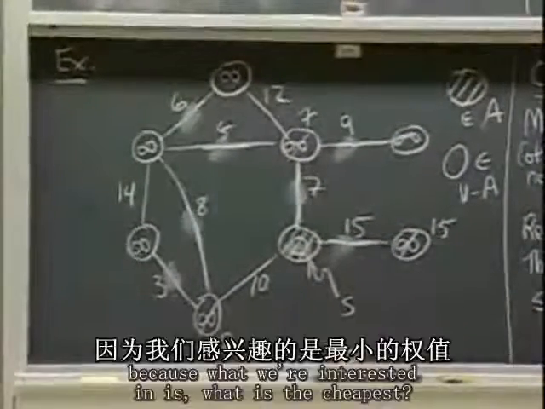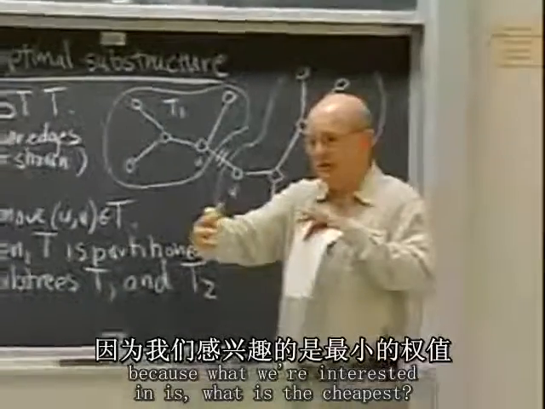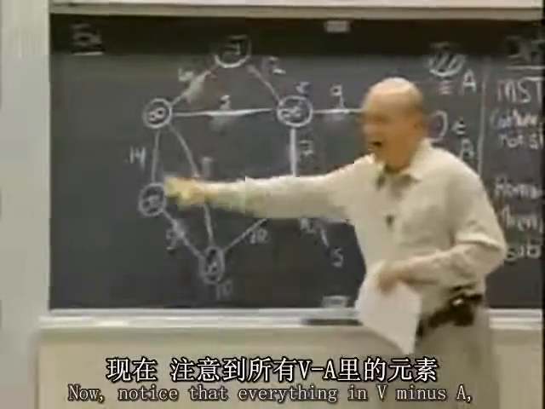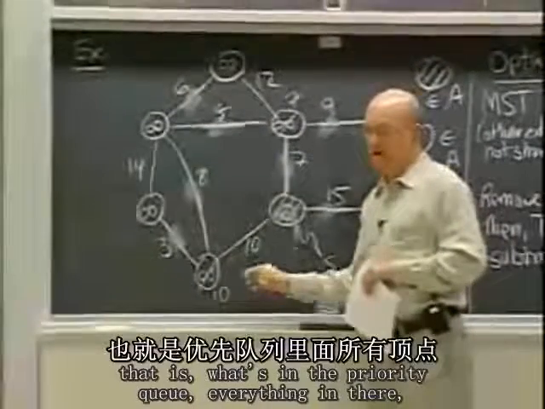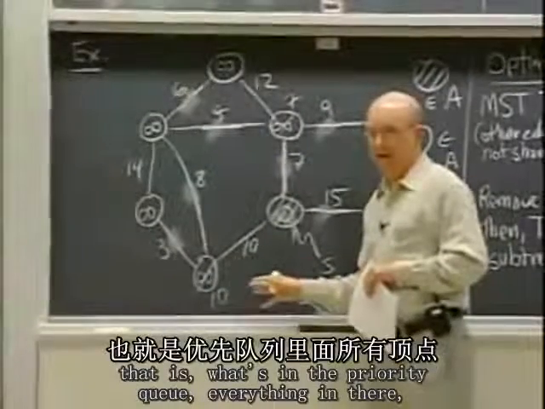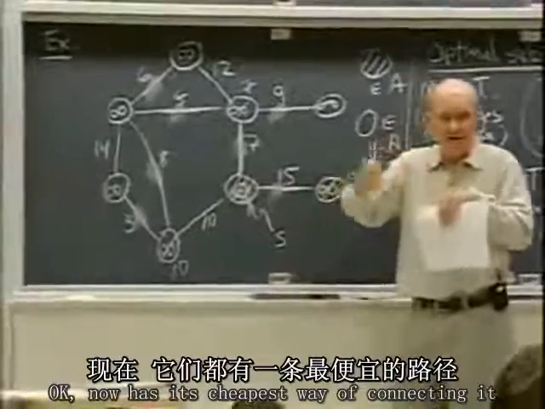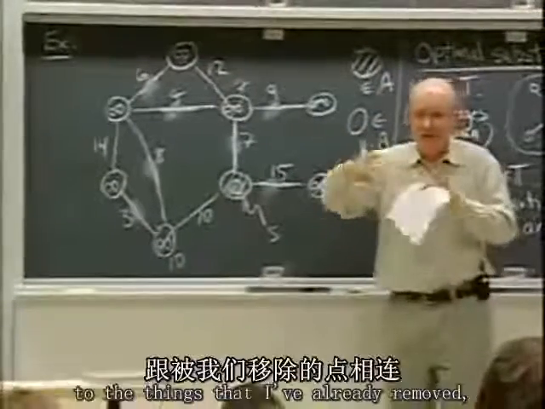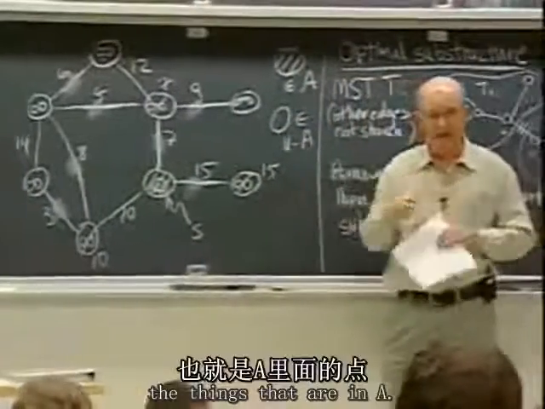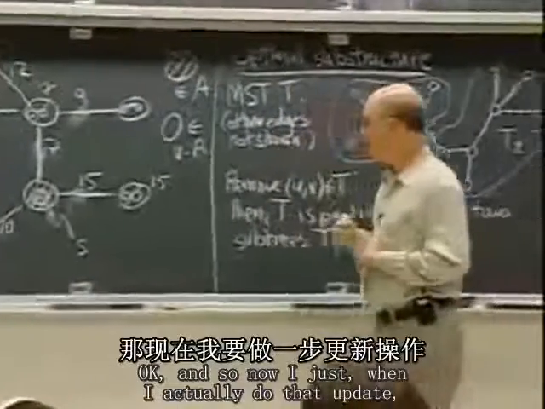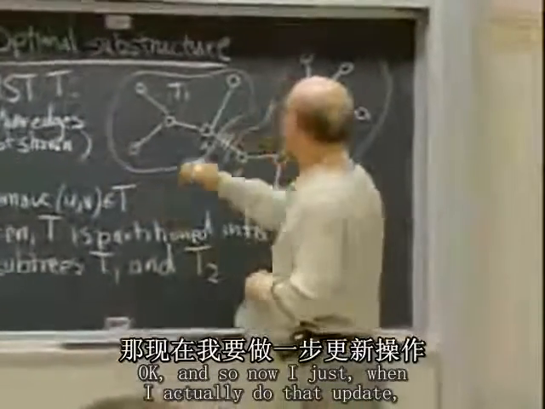Okay? Because what we're interested in is what is the cheapest. Now notice that everything in V minus A, that is what's in the priority queue, now has its cheapest way of connecting it to the things that I've already removed, the things that are in A. Okay? And so now, when I actually do that update,